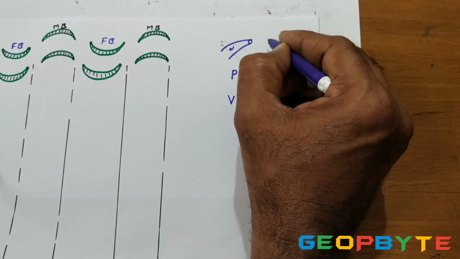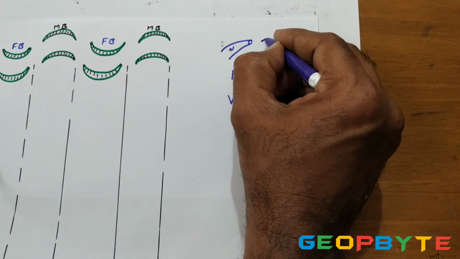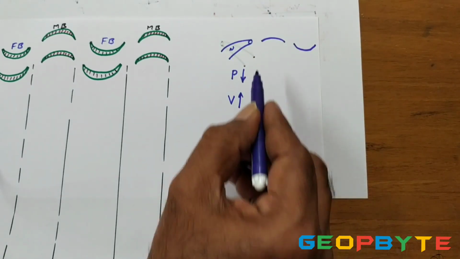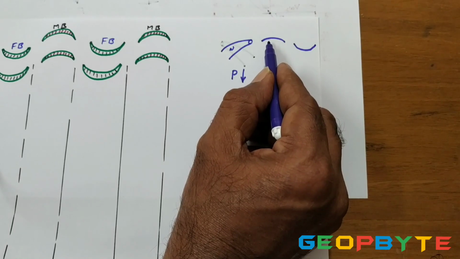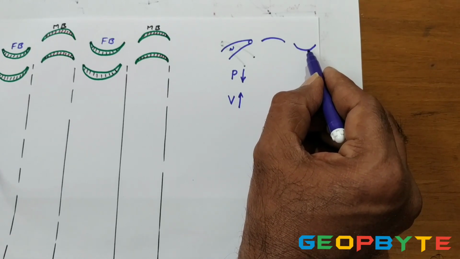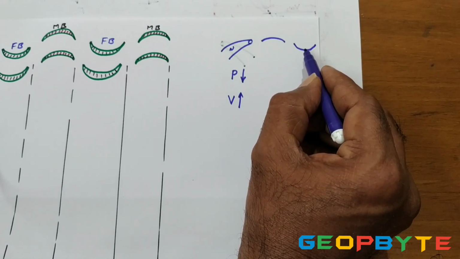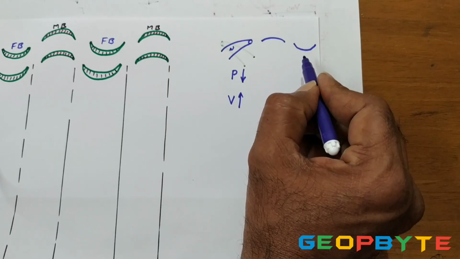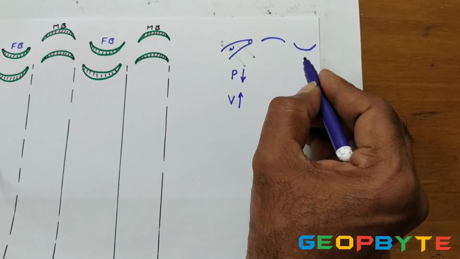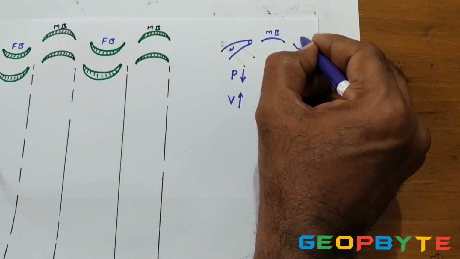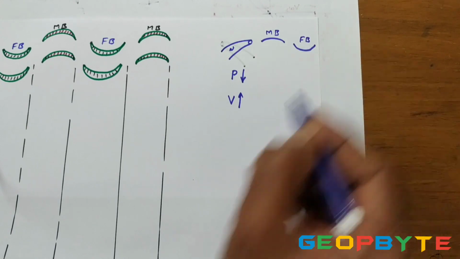In the case of blade arrangement, let this be the movable blade and the fixed blade. The blade which is connected to the rotor is called the rotor blade, also called the movable blade. The blade which is connected to the stator is called the stator blade. The stator is also a circular disc, but it is not keyed to the shaft. Anyhow, this is the movable blade, and this is the stator blade or fixed blade.